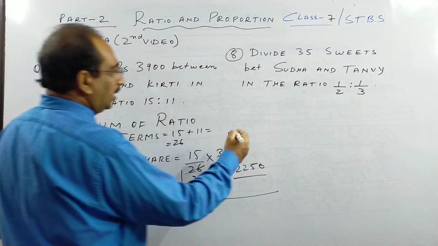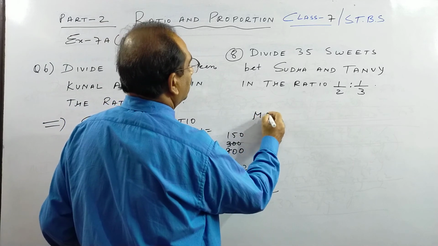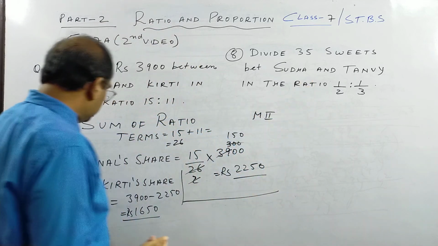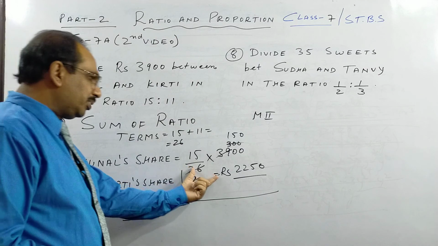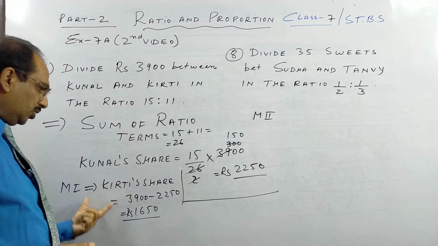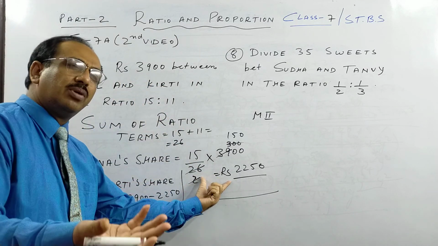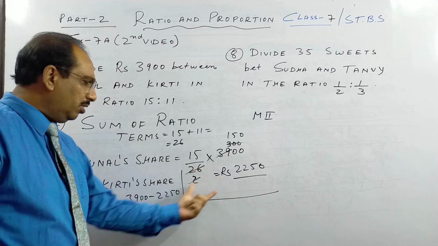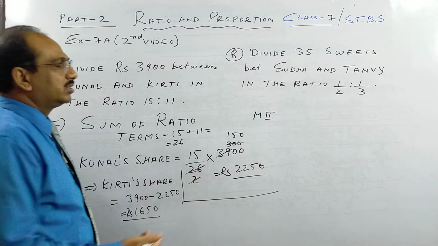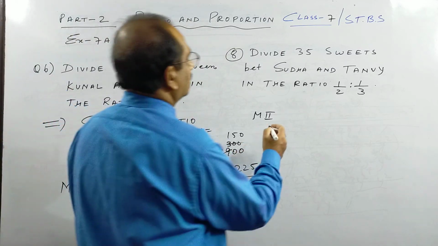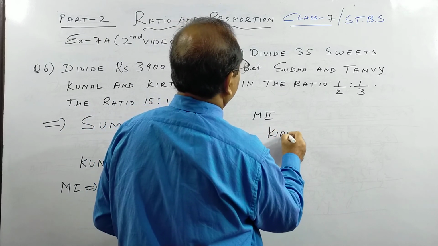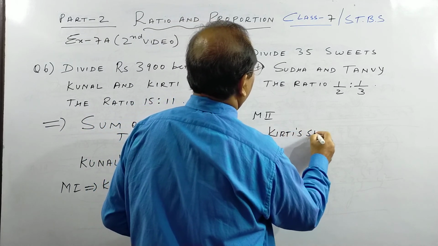Method 2 I'll tell you; I'm doing it here, then you can pause the video and copy. In method 1, one person got this, so the second person is the total minus what one person got. What Kunal got, Kirti would have got total minus Kunal's share. Method 2 you do like this: Kirti's share is equal to